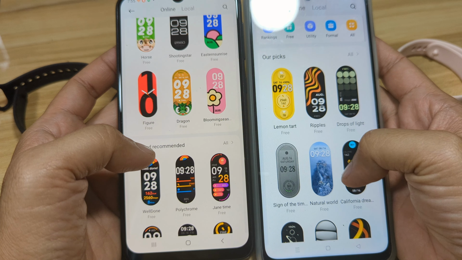We have popular here. So if you are looking for the game Cross the Bridge, it is not available yet for the Smart Band 10. It's only available for the 9. But if you change your region to China or another region, I think Cross the Bridge is available for your Smart Band 10.